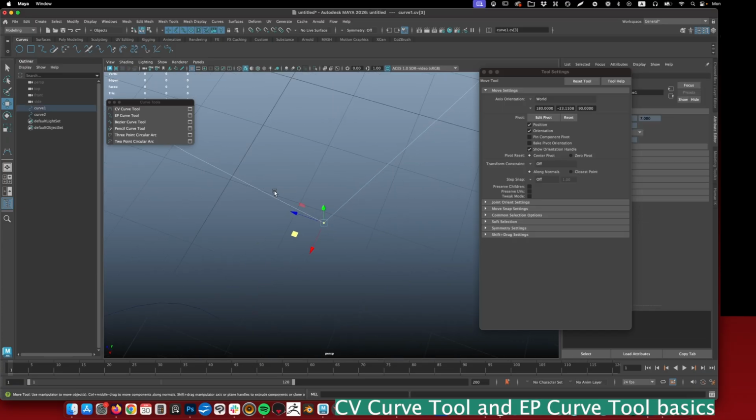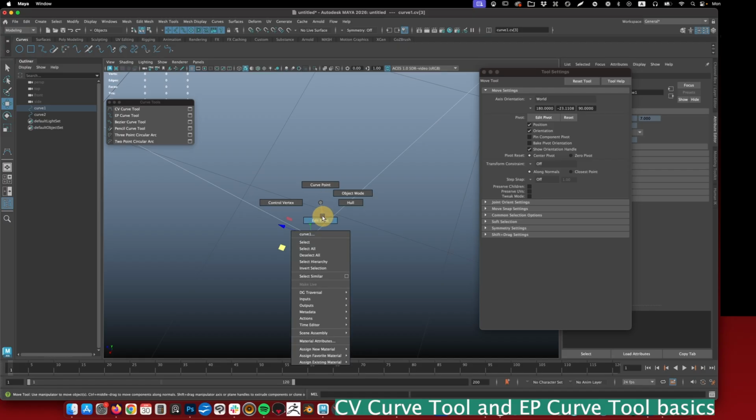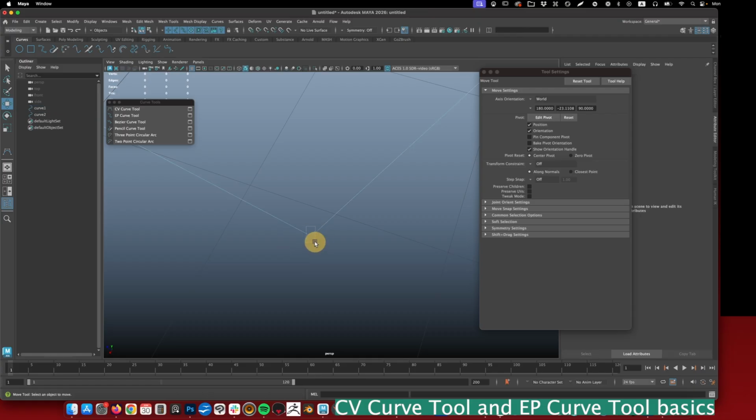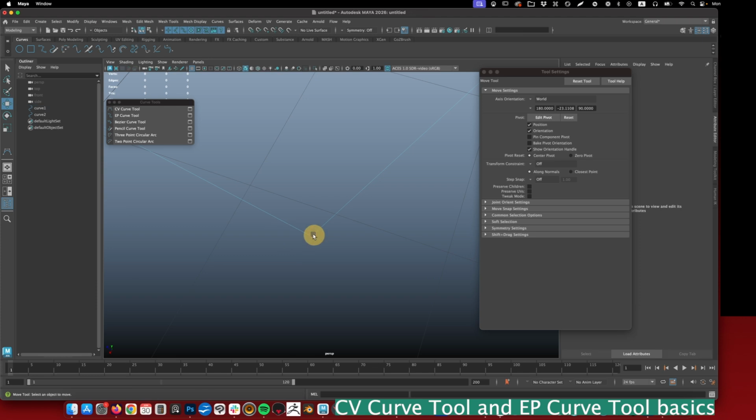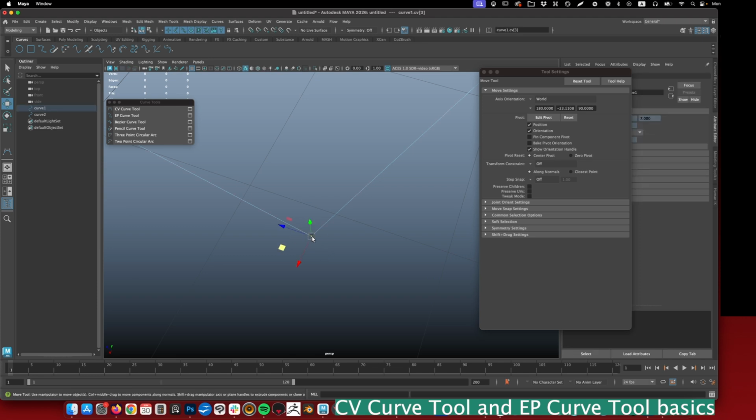Although this is a CV curve tool, it actually placed on curve because technically to achieve that, Maya placed multiple CVs in the same place, which means it will always be placed on the curve together, and it will match your edit point. So your edit point will be here, and control vertex also will be at exactly the same